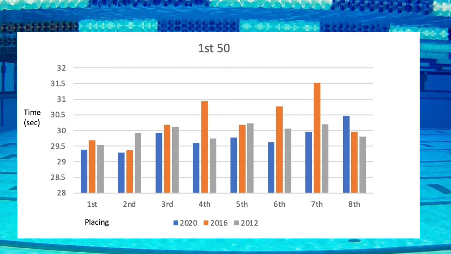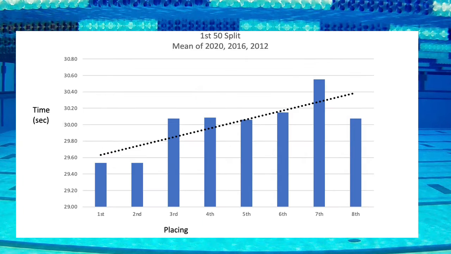And this was reflected in all three Olympics, and as a mean, it's definitely reflected a little bit better in this chart. So you had to be under 29.6 on the way out, and if you want to be on the podium, you're going to have to be out very, very fast. And if you're out slower than 30, you're probably not going to be in the race.